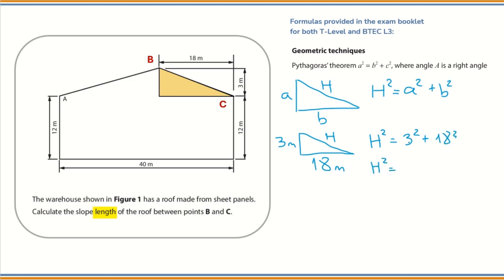Hypotenuse squared equals 3 squared is 9, and 18 squared is 324. H squared is 333. So H is going to be the square root of 333, and this is